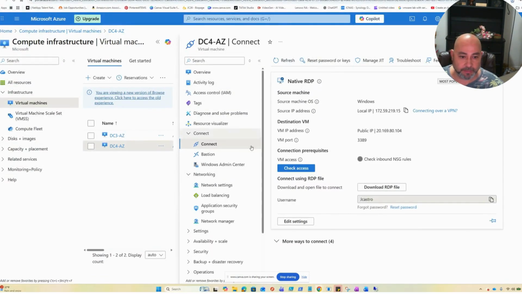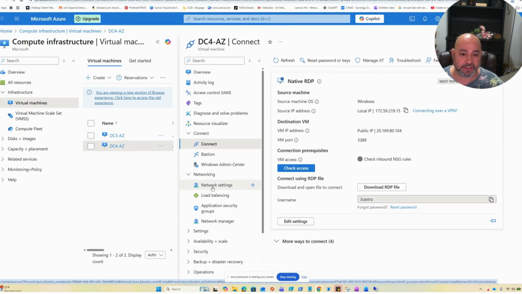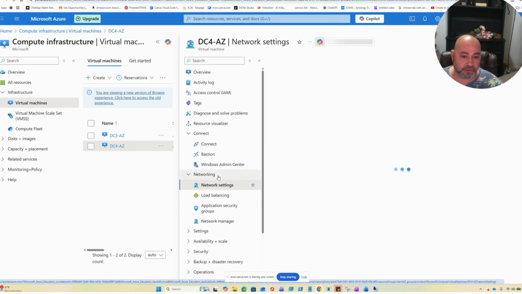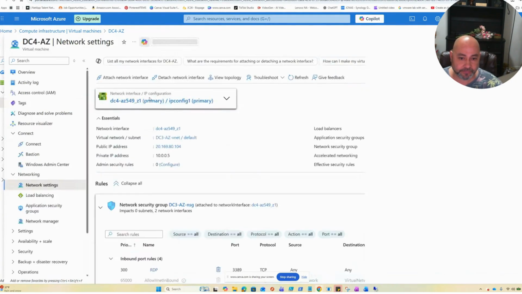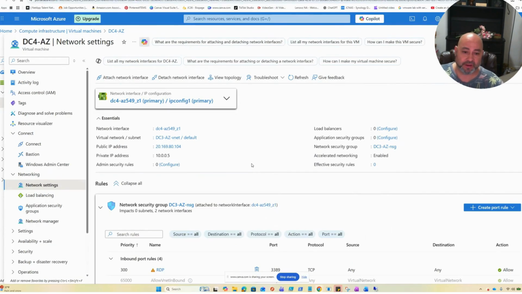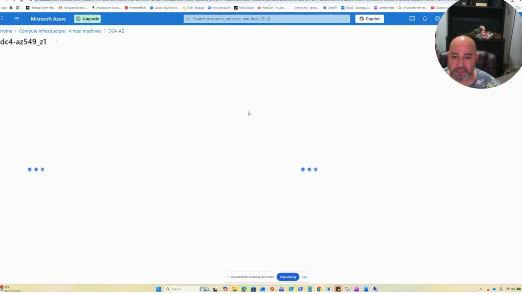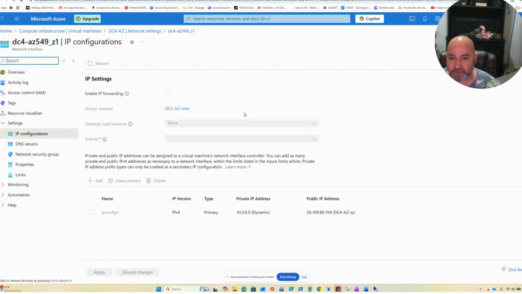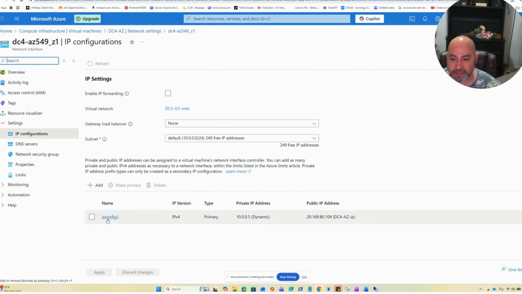So let's open up DC4, and I should turn it off, but I'm going to have to reboot it once I set the settings. So let's go into the network settings. So remember, we have to set the static IP and the DNS. So let's go into the NIC, because when you spin a server on Azure, it automatically configures, it gives you